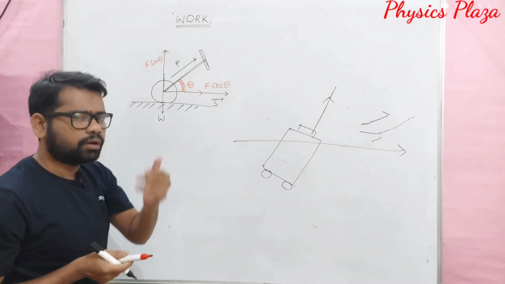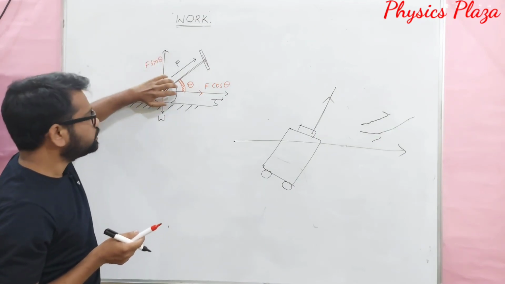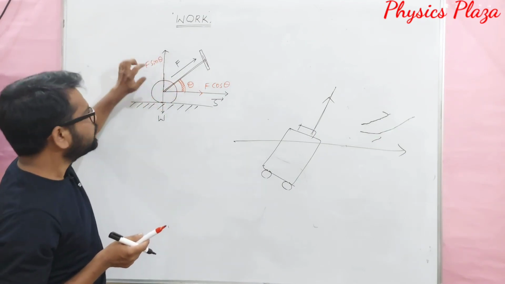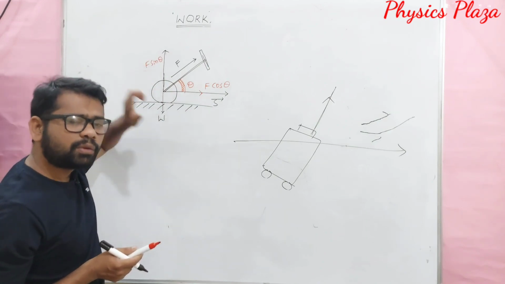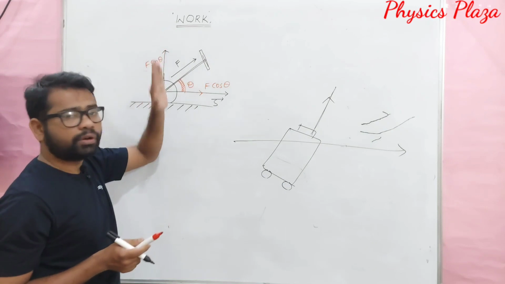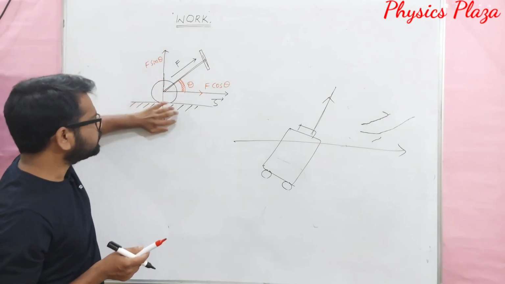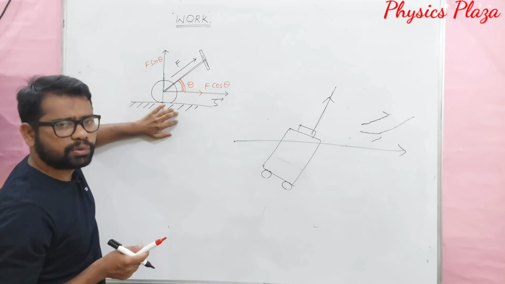According to Newton's laws, this F sin theta is balanced with the weight of this roller here. That means this component of the force cannot make the body move. So do you think the body can move like this? No, it is not that. It does not show any effect here, because the net force will be 0 here.